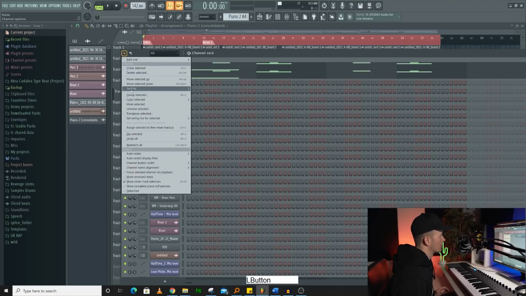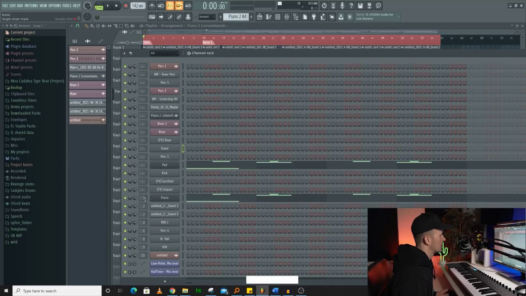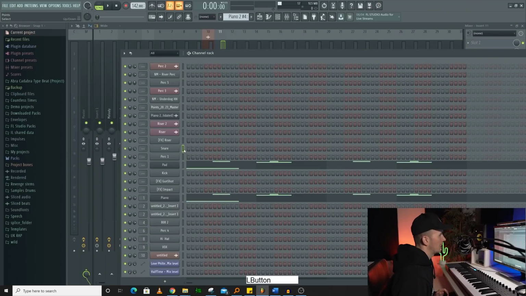To link these to a mixer channel, I'm first going to organize them. So I'm going to come up here, go sort by, and then track number. You can see all these have numbers, so they're already linked. If you just want to send one of them to the mixer, just highlight the sound by clicking next to it. Hit F9 to go to the mixer,